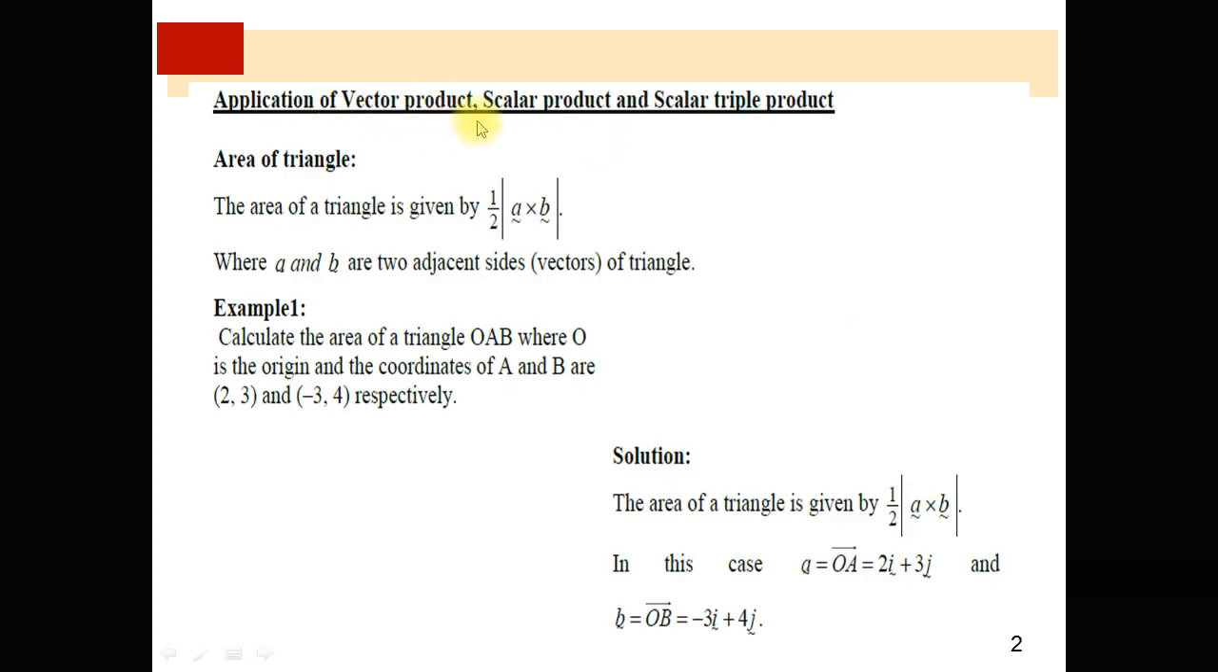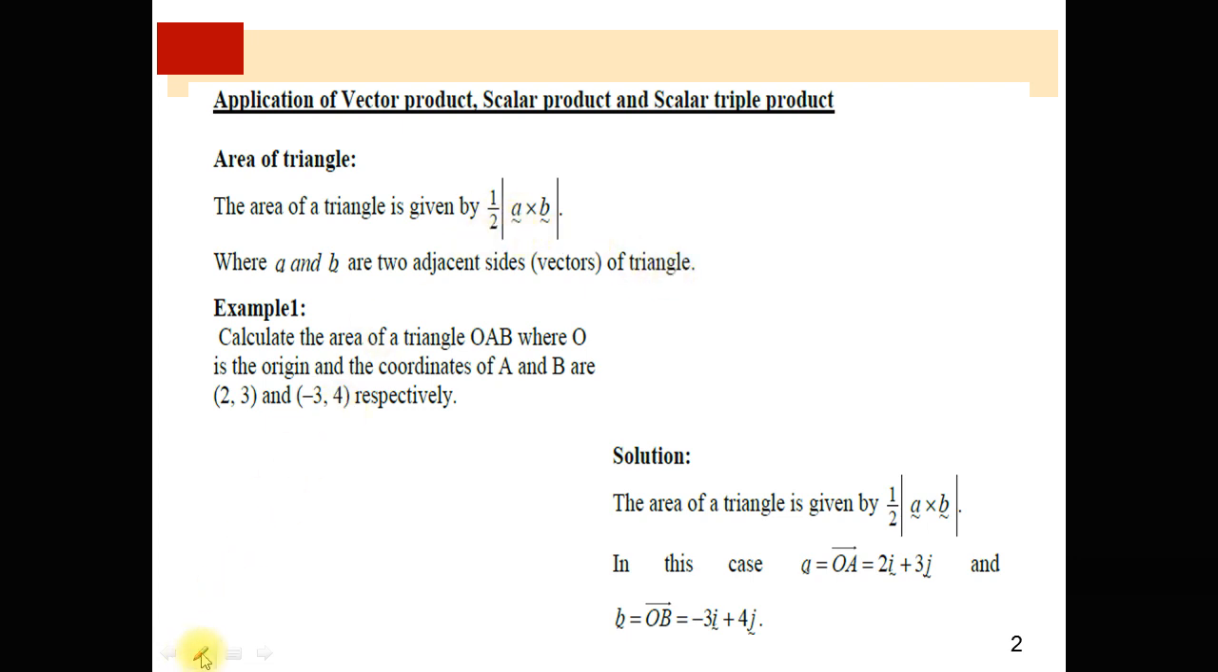Application of vector product, scalar product and scalar triple product. The cross product of two vectors denotes the area of a triangle. The area of a triangle is given by 1/2 magnitude of A cross B vector, where A and B are two adjacent sides, two adjacent vectors of a triangle. So